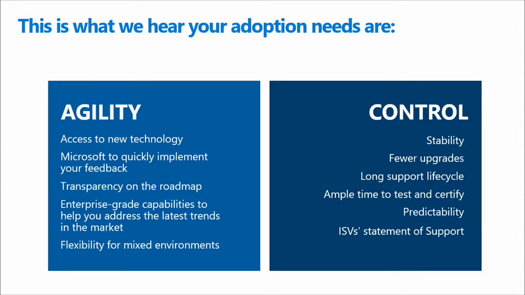But the goal is to really provide an ongoing cadence where we come out with new capabilities as we develop them effectively. So we want to get to a point where we can provide customers with new capabilities as quickly as they can handle them, and at the same time provide them with new ways of deploying and managing those. As organizations overall, they really want the new capabilities, but at the same time they also want control. They want to be able to manage how those updates are deployed. They want to be able to test those inside of their own organizations. They want to be able to deploy them on their own schedule.